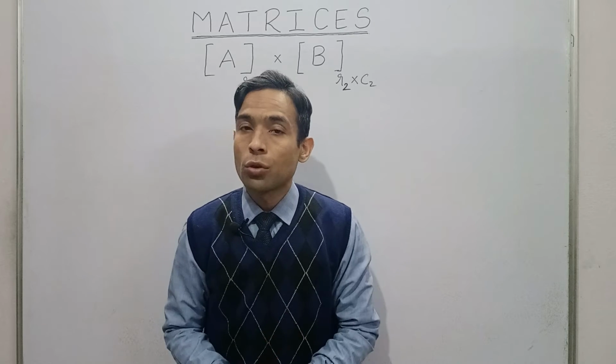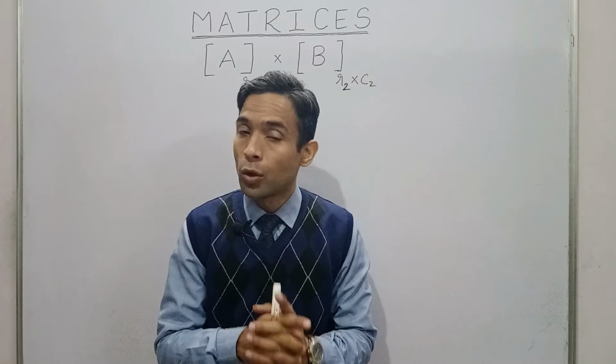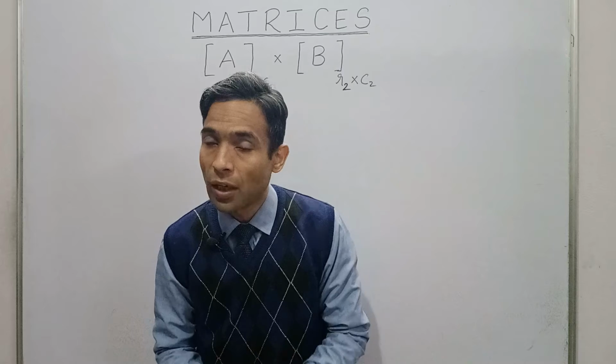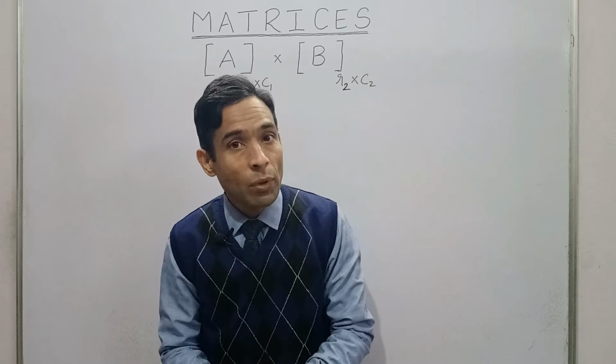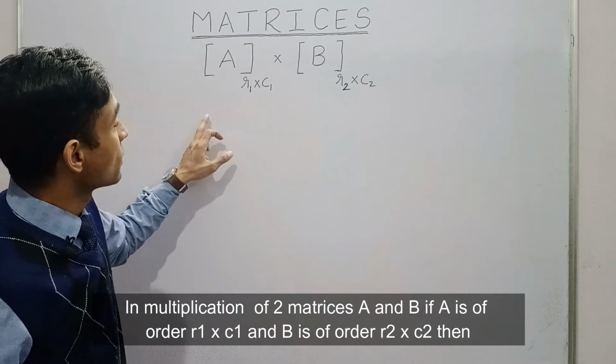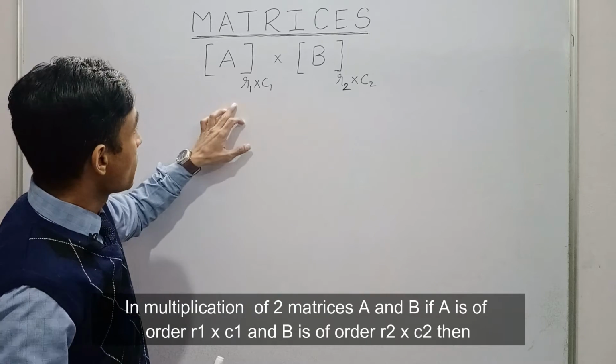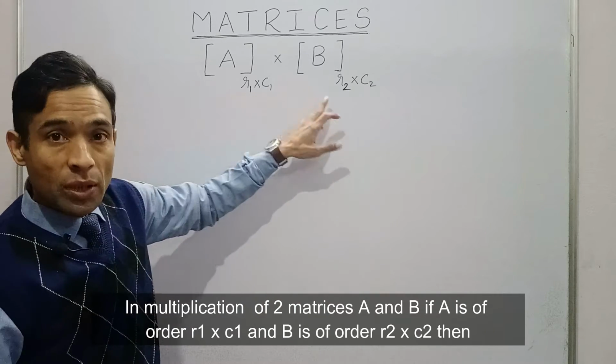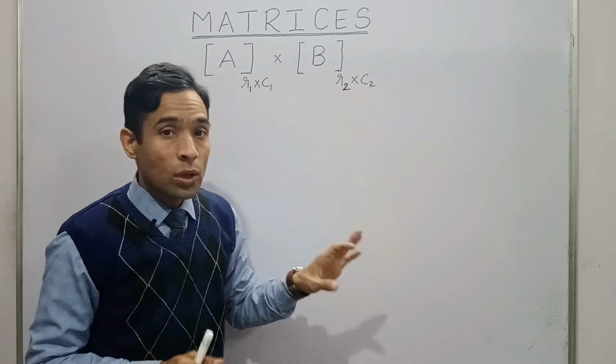The rule of multiplication of two matrices is different from the rule of equating two matrices or addition and subtraction of matrices. Although square matrices of same order are multiplicative, the rule says if we have two matrices A and B such that A is of order R1 by C1, B is of order R2 by C2, then A